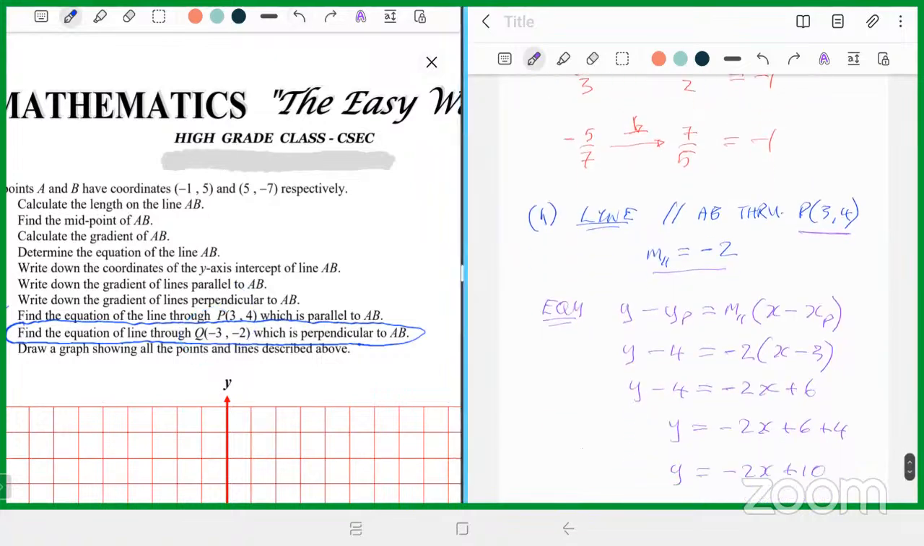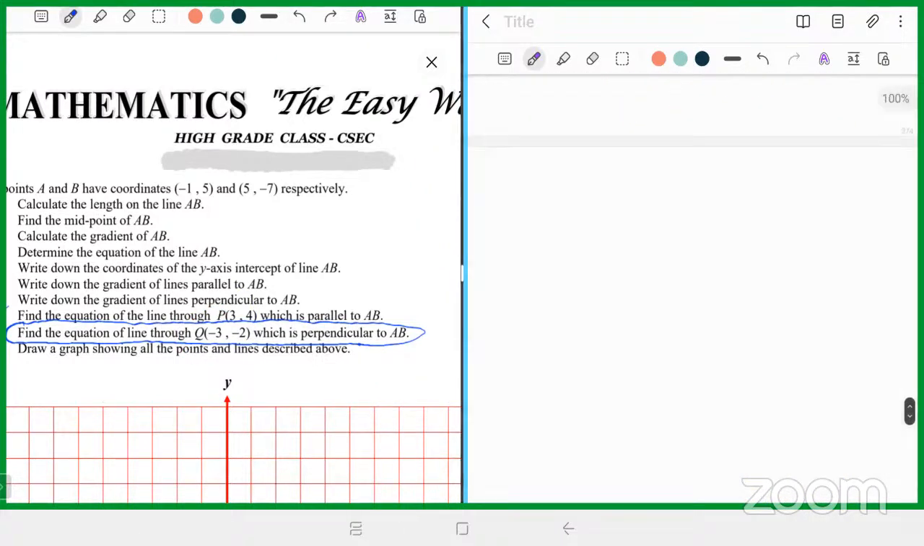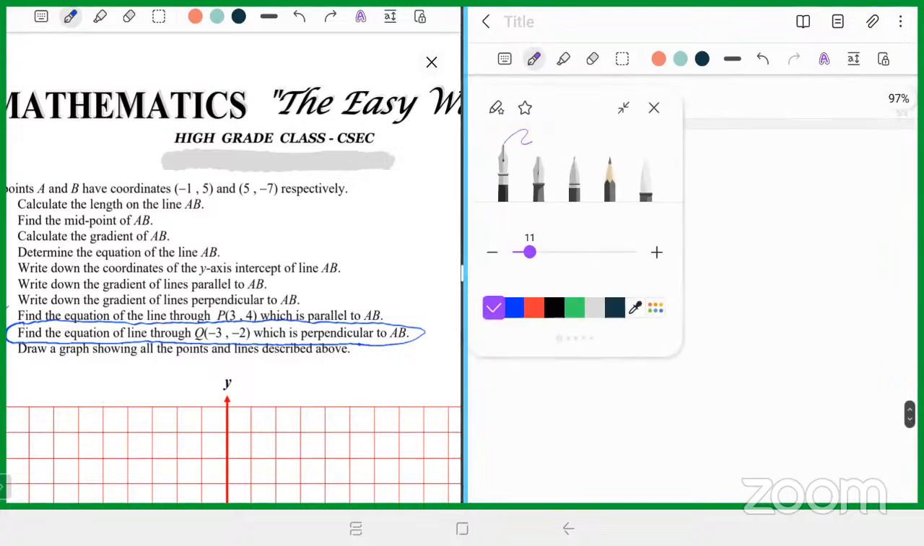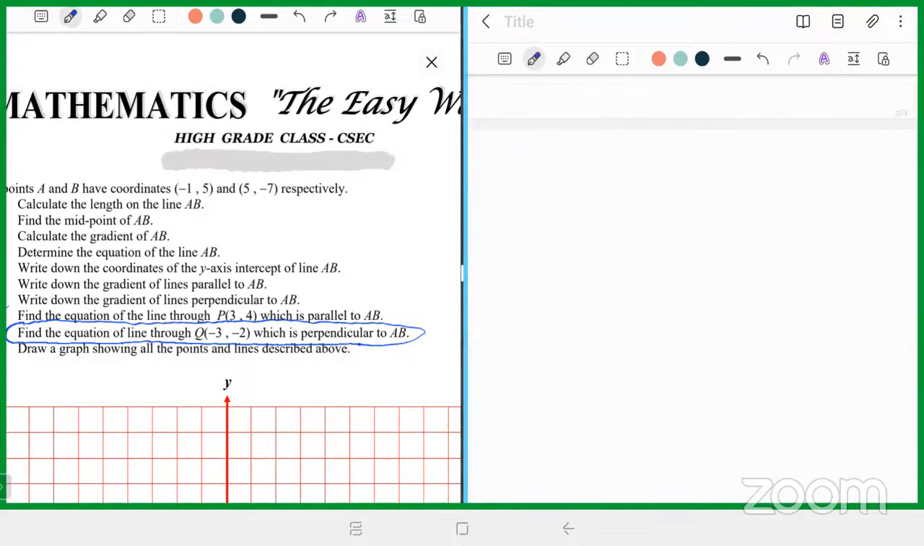Again, once you want to find the equation of a line, you need to know 2 things about it. You need a gradient and a point. In this example, again, they gave us the point. So we know the point. They did not give us the gradient directly, but they gave it to us indirectly by telling us that it is perpendicular to AB. And we know what that perpendicular gradient is. It is a half. And so the line that we want